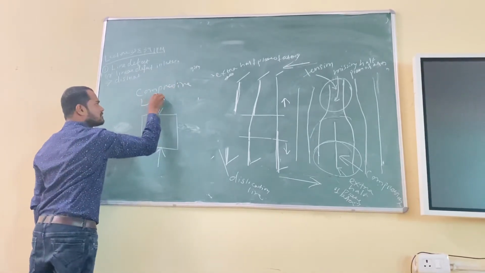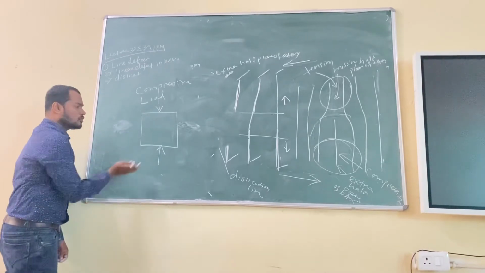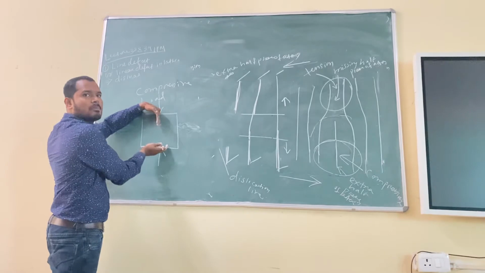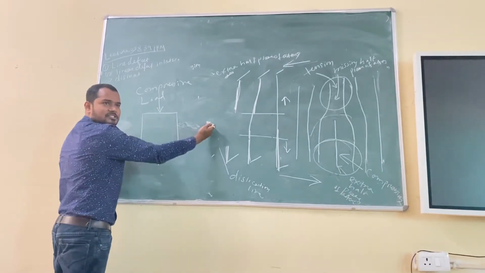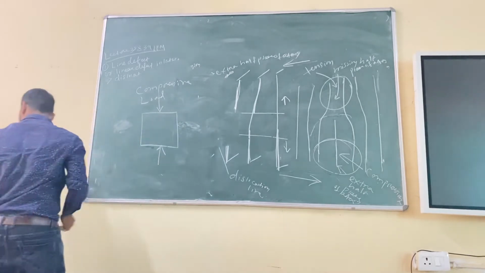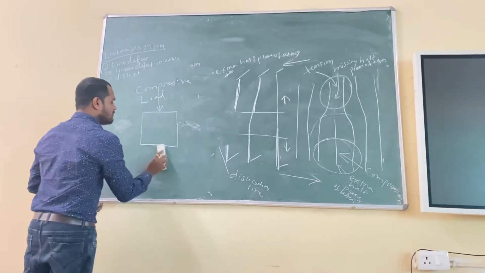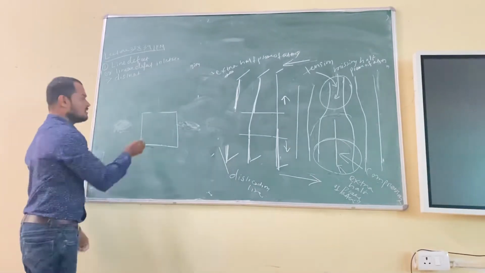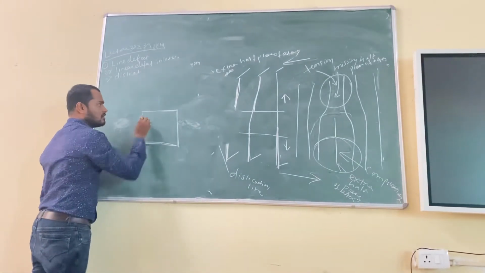That one is tensile, this one is compressive. You keep it fixed, you push it. So what will happen? Elongation will take place in this direction. Contraction will take place in this direction. Simple, right? And if somebody asks how shear will be there, how you can represent the shear? Shear will be